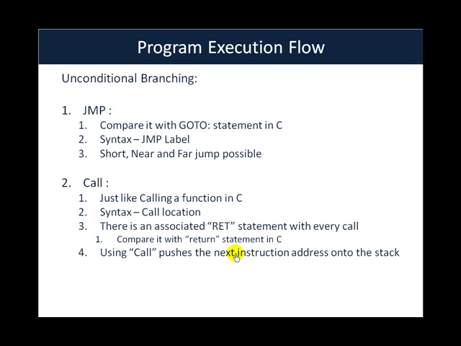In a similar way to how you would write a function, when everything is done, you would just place a return in the end. That is what the ret statement actually does. The important point, and the difference in comparison with jump, is that whenever you use the call statement, it actually pushes the next instruction address onto the stack. What does this mean? Let's say you're going to call a function. At that point, the next instruction which should be executed after the call succeeds and comes back is put onto the stack.